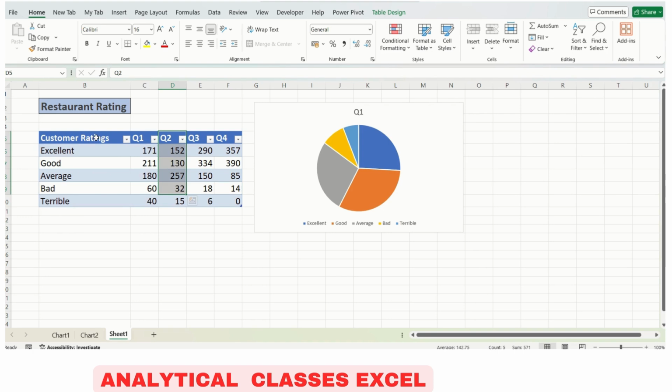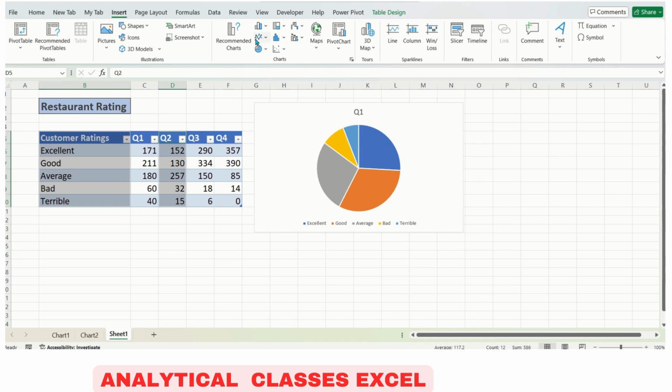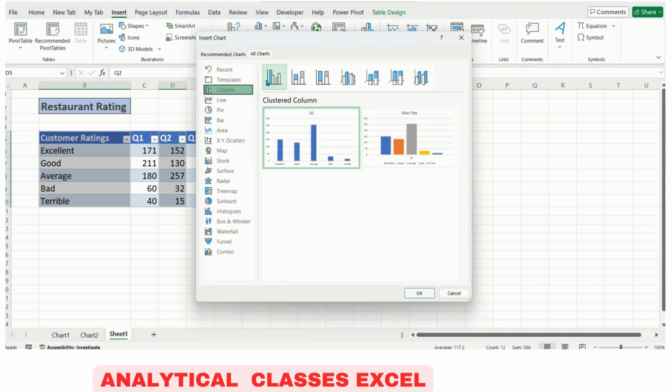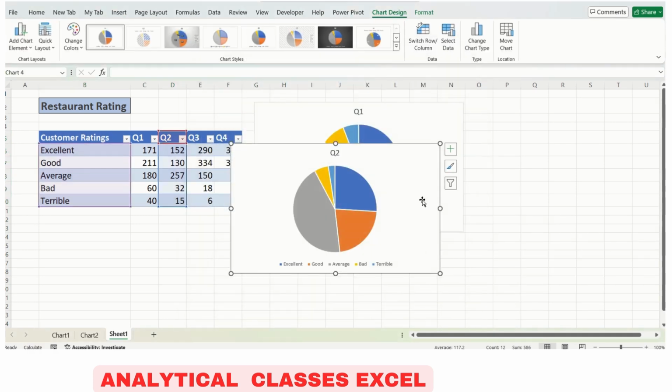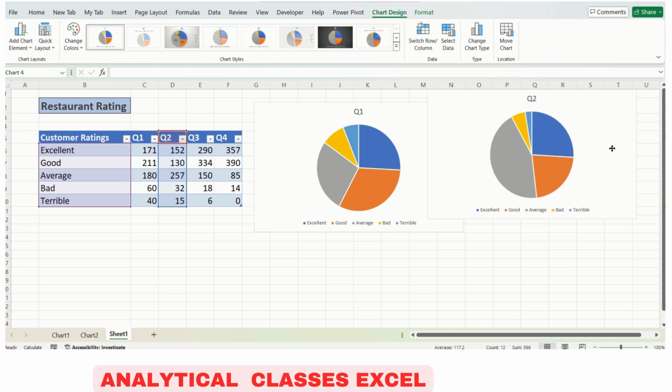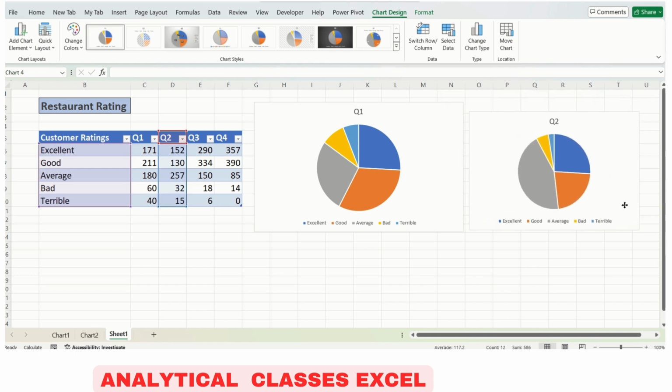For that you have to press control. In this way these two are selected and we go to all charts, pie chart, and now we are getting a quarter 2 pie chart. So in this way you can get 4 quarter pie charts just by selecting.